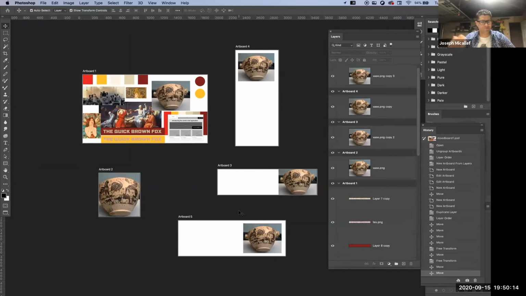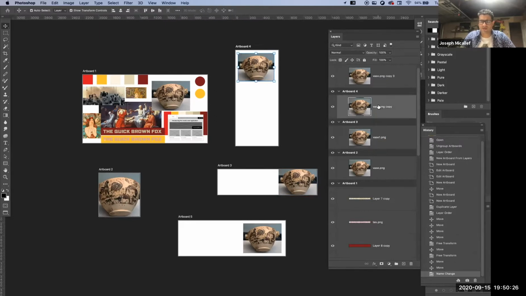So that's another great thing about it. So let me go back, that's already PNG. I would have to change that name. The base names have to be different so they don't override each other. But if you name your artboard layers with that file extension, it's going to be really easy to output these